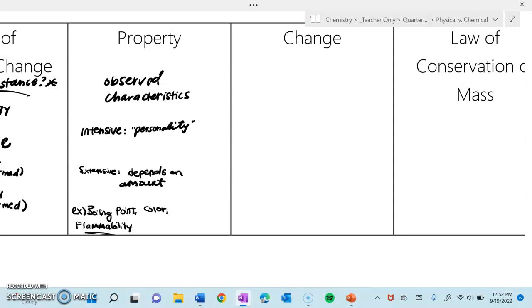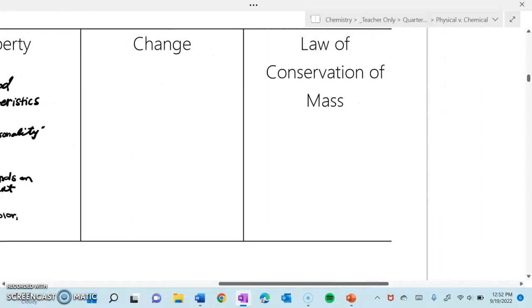A change, on the other hand, is not going to be an observation necessarily, but it is when a sample undergoes a clear before and after change or difference. So undergoes a distinct